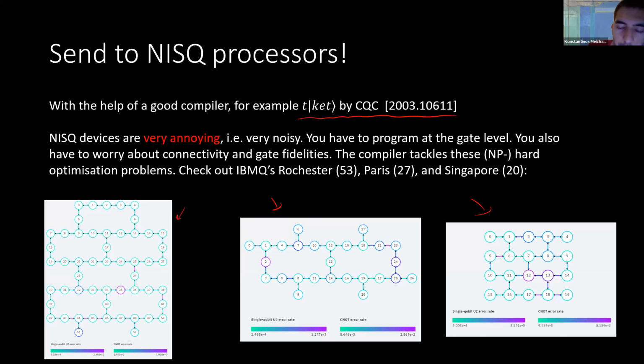And also what you have to do is try to minimize the depth of these circuits as much as possible, because we don't have error correction in quantum computing yet. That would be the holy grail of quantum computing. But because these devices are noisy, they can be very, very annoying. If noise comes and kills your superpositions, makes everything classical before you're able to prepare your states and do your NLP task, then there is no point in doing this at all.